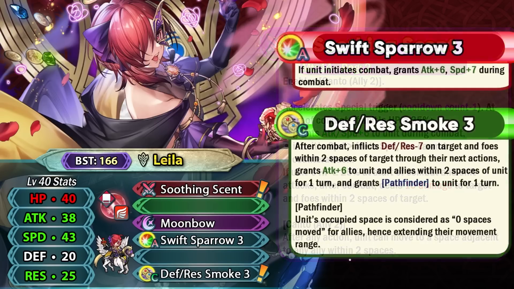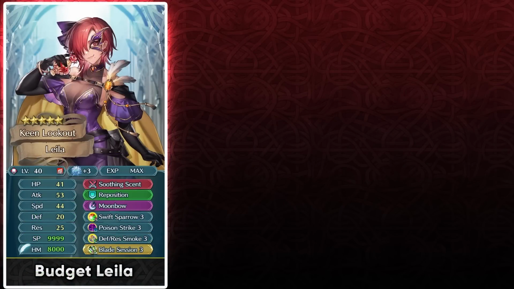So if you want to build her up, then of course you can stack up skills like Poison Strike, and her slot B is rather flexible because she already has Canto in her weapon, so as it is, there are not too many options available, so Poison Strike is going to be the budget option that you can run. And this is pretty good because you can do that chip damage and stack it up with her weapon, and because she's mostly going to be functioning in the player phase, Blade Session Sacred Seal is something that you can